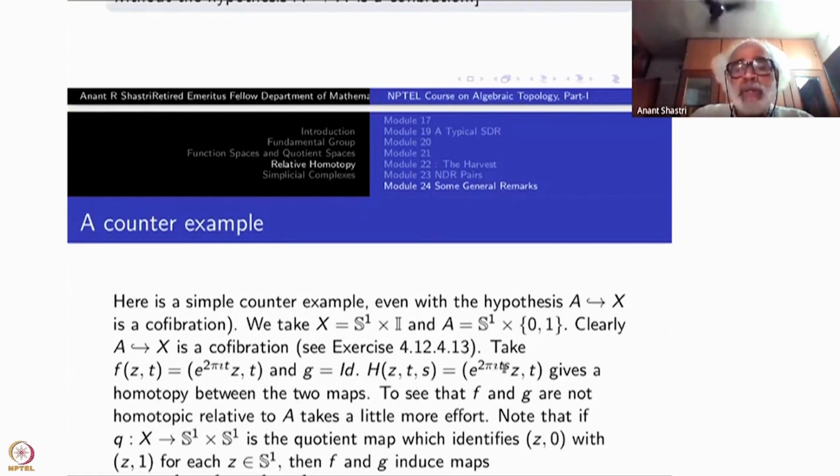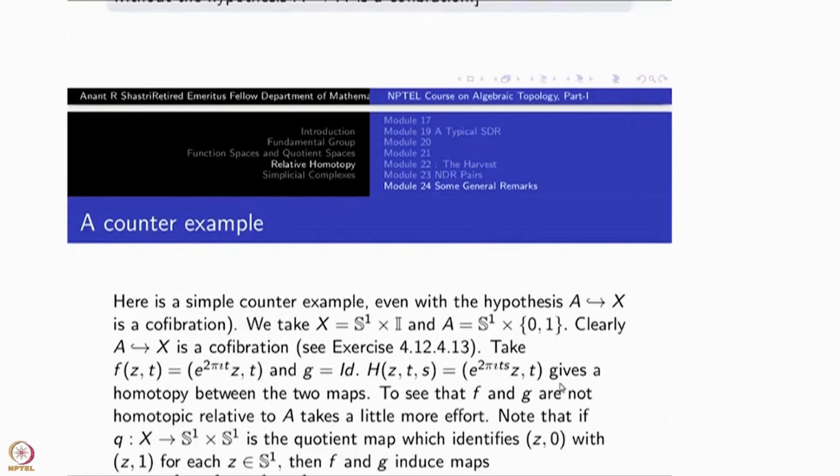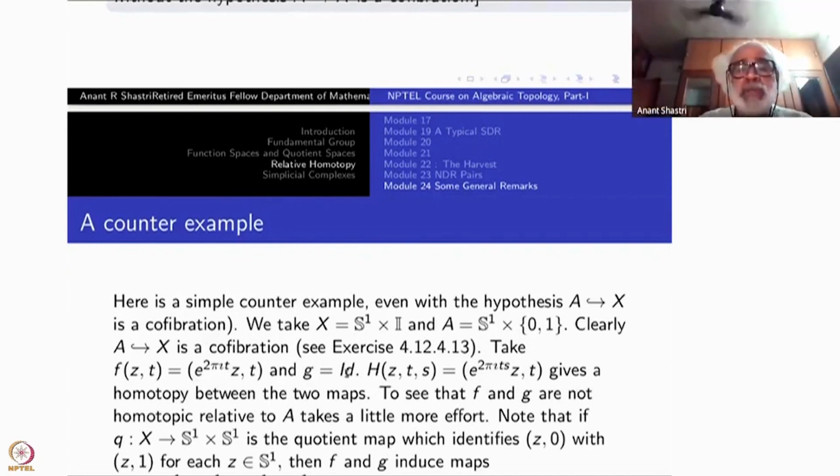I want, when t equal to 0, it is e power 2 pi i t times (z, t). Okay, it's a multiplication only, sorry. Okay, it's multiplied. T equal to 0, it is e raised to 0, identity, (z, t), this identity map G. T equal to 1, it is this map. Sorry, this is correct. Okay. So the first map at t equal to 0 is the identity map. Then this is F when t equal to 1, s equal to 1. So this gives a homotopy between the two maps, G to F.